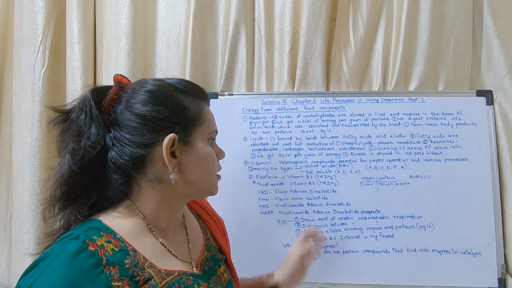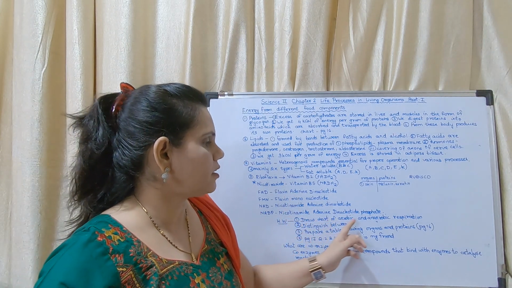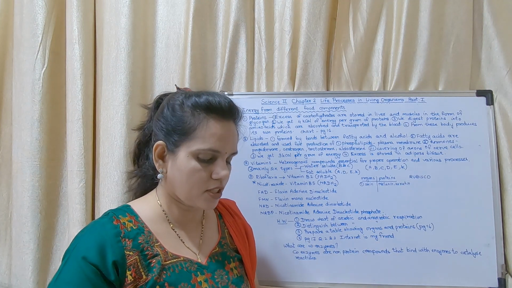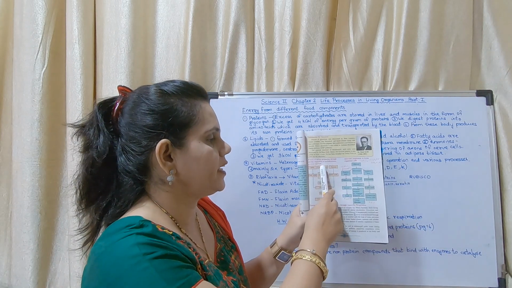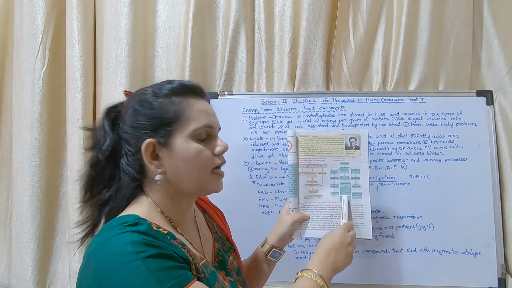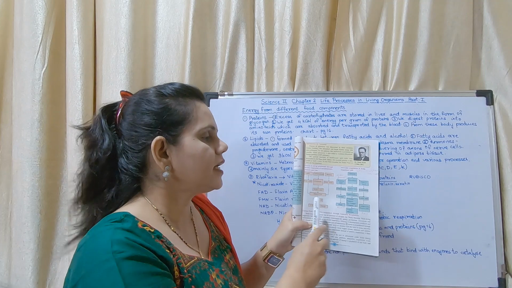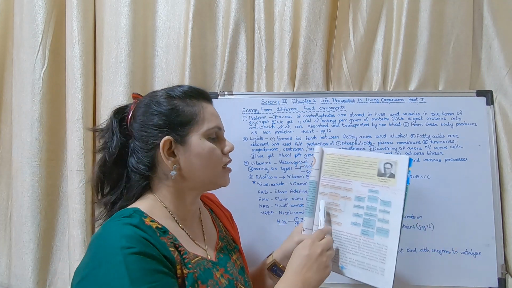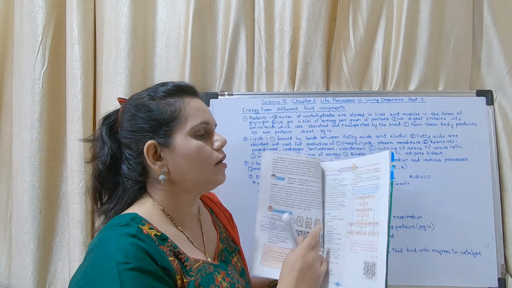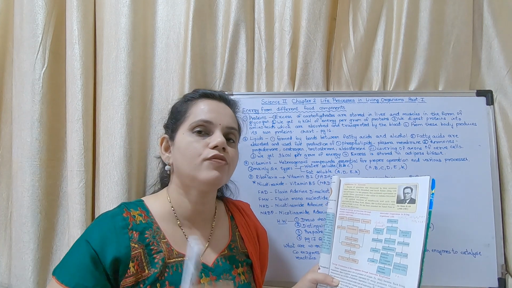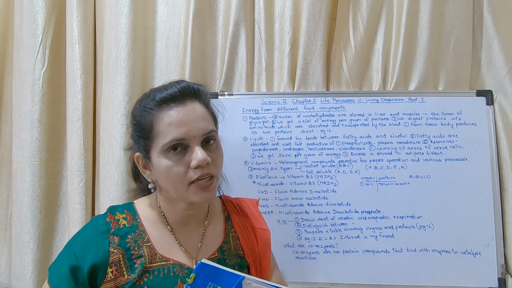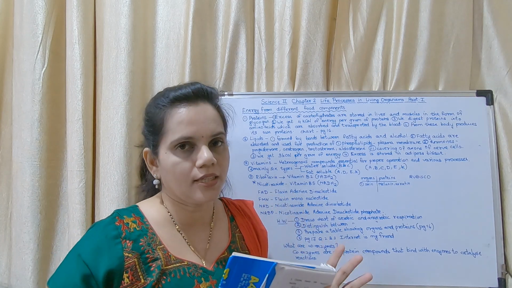Okay, and the homework for today is draw chart of aerobic and anaerobic respiration. Chart means which chart? It is the chart which is there on page number 15. These are the two charts. This chart is of aerobic respiration. This chart is of anaerobic respiration. They could either ask you the charts or they will give you blank boxes just like this. Okay, they will give you blank boxes and they will tell you to fill up the boxes. Otherwise they will give you a wrong chart and they will ask you to correct the chart. So for that you have to learn the chart.